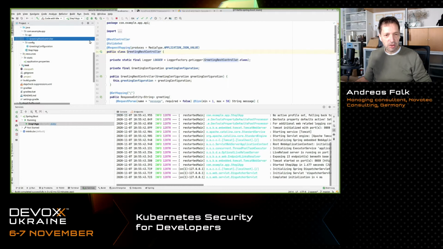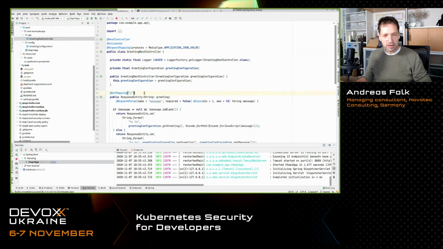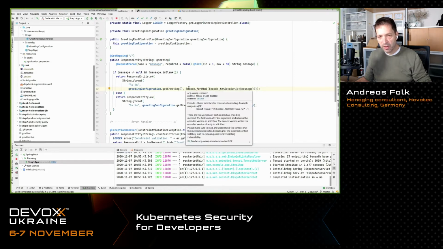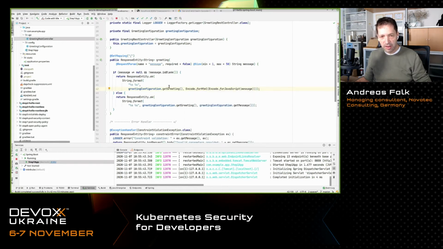And you have a typical greeting REST controller running that just outputs a greeting in that case. As you can see here, I also use output escaping, output encoding, by using the OWASP Java encoder in that case, that encodes for HTML and for JavaScript.